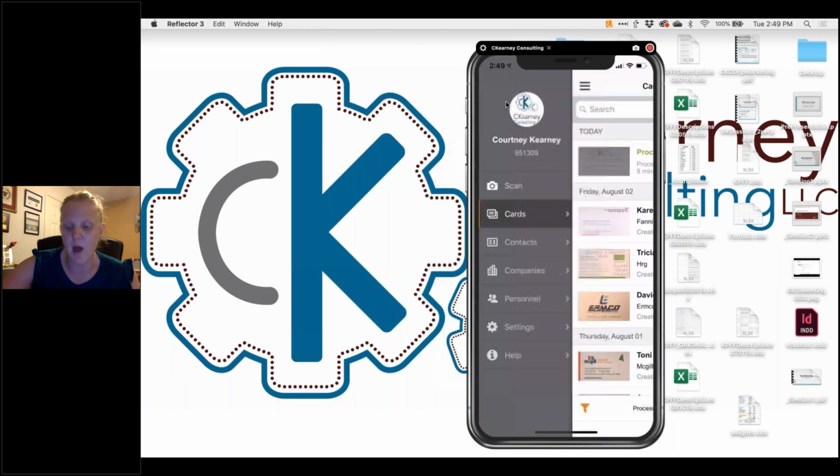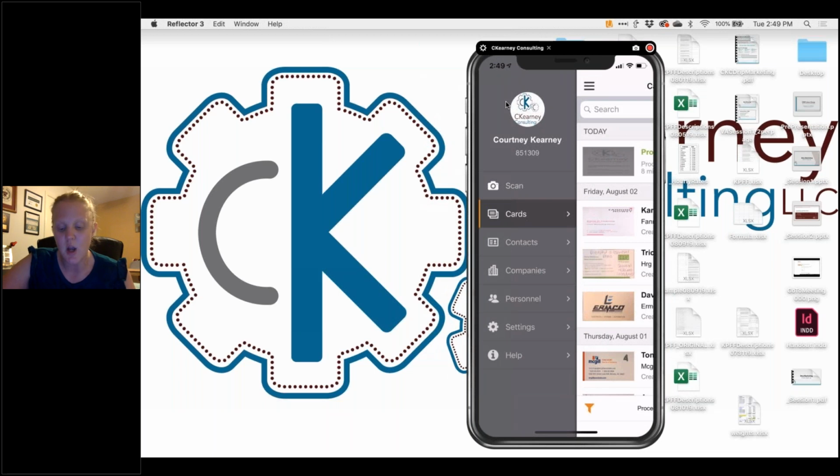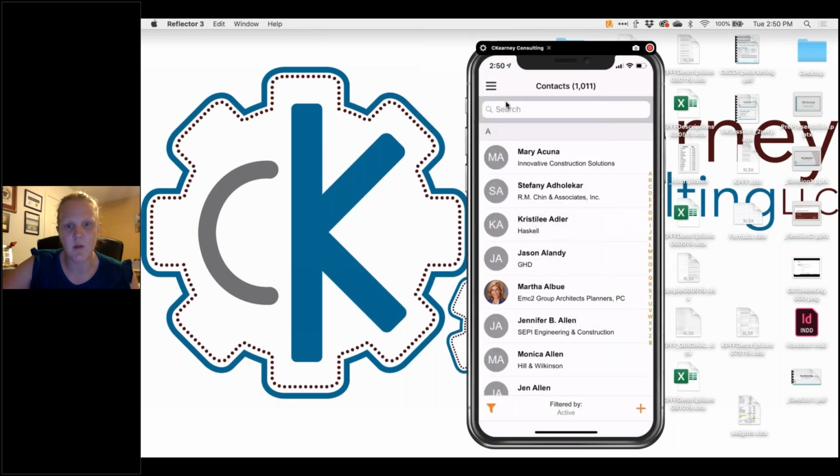If you click the little 3 lines in the upper left-hand corner, you'll see what all you have access to in the mislabeled CardReader app. So you have access to all of your contacts, companies, personnel, soon-to-be opportunities. So if we want to go look at contacts, the one thing I like about the app is